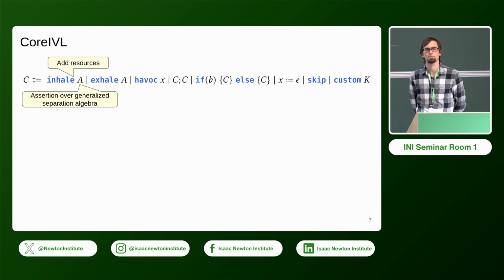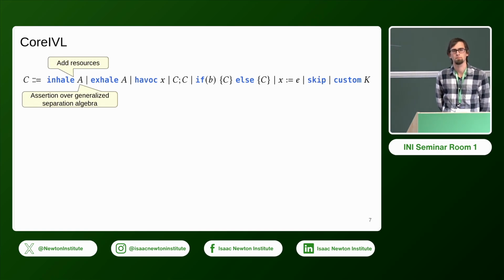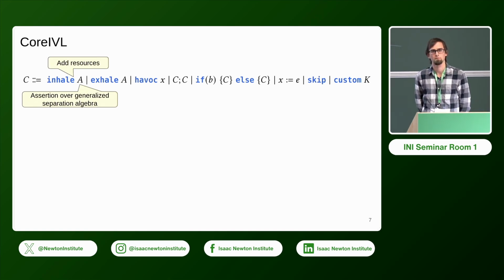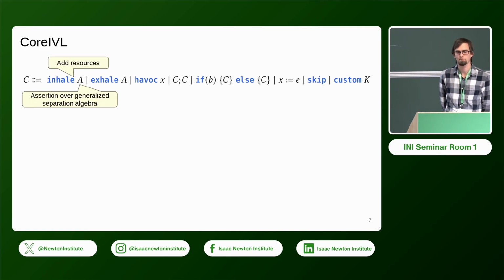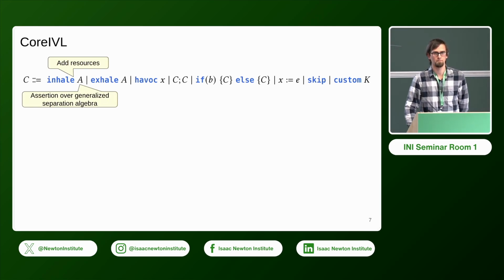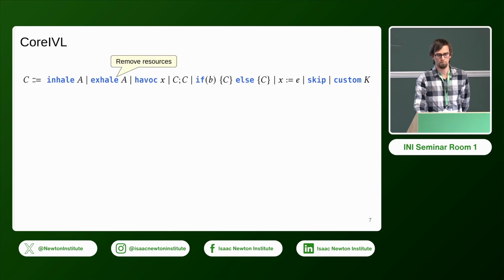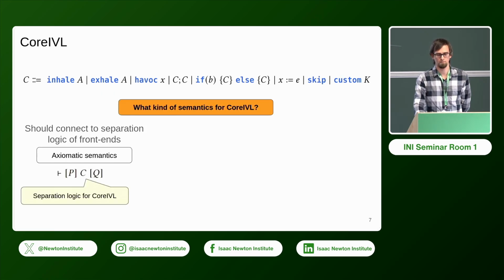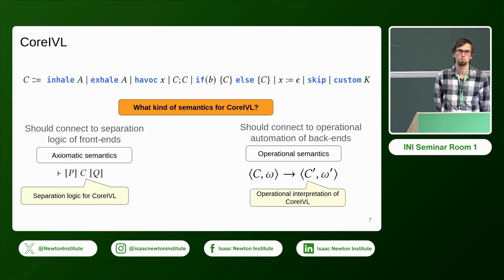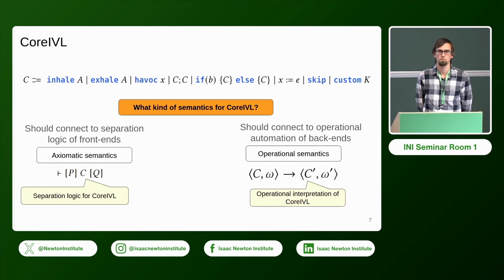Yeah? I'm actually a little confused about why you want this operational view of things. In my mind, I have an IVL like Boogie or something. And in Boogie, the verification result is directly in terms of the Hoare triples and a Hoare logic for Boogie, not in terms of an operational semantics. You can give one, but I think Boogie is effectively reasoning in the